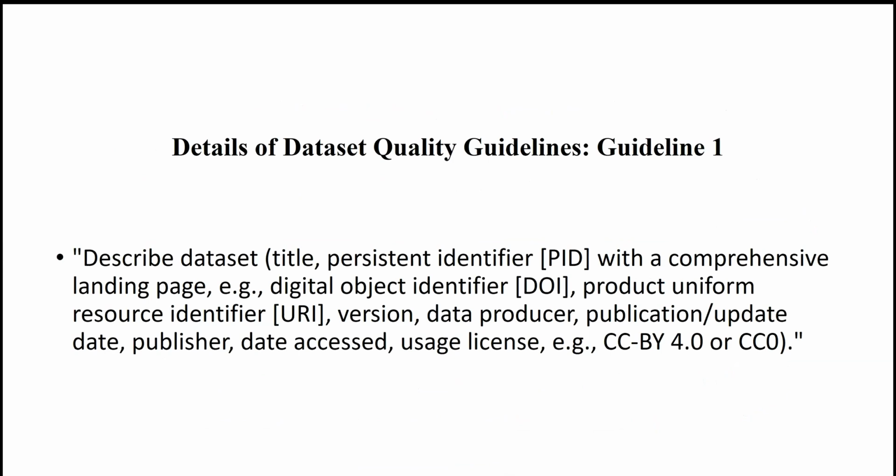So I'm going to give you just a very brief overview of each of the guidelines in the data set quality guidelines. The first one is the simplest, and it's just to describe the data set with a comprehensive landing page. That description should include the title, a persistent identifier, which could be a digital object identifier, the DOI, or a uniform resource indicator, the version, data producers, etc., as well as the usage license, so that people know, in fact, that they can use the data and